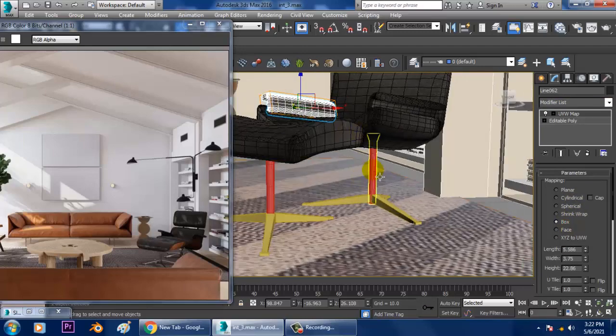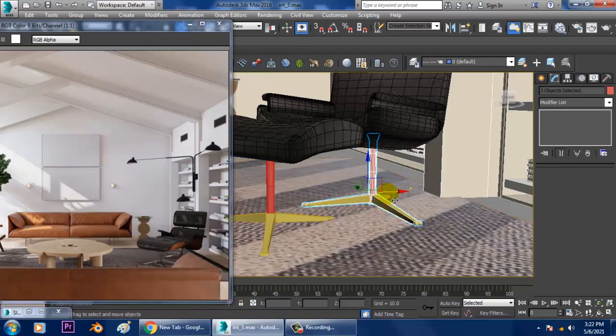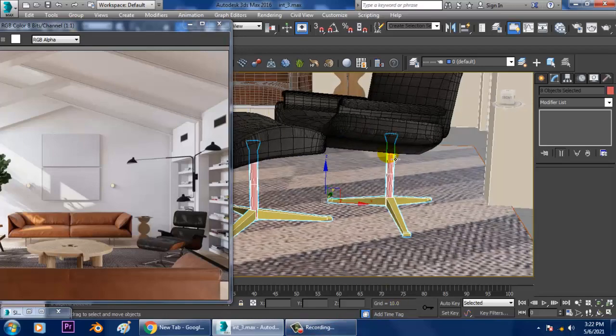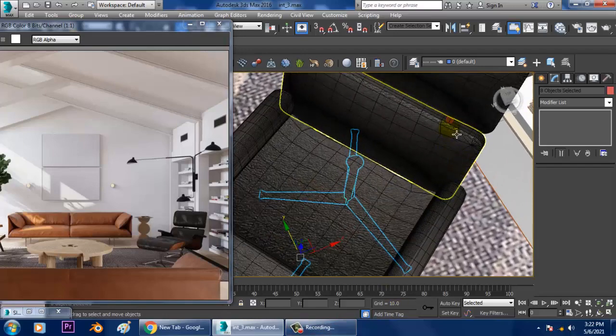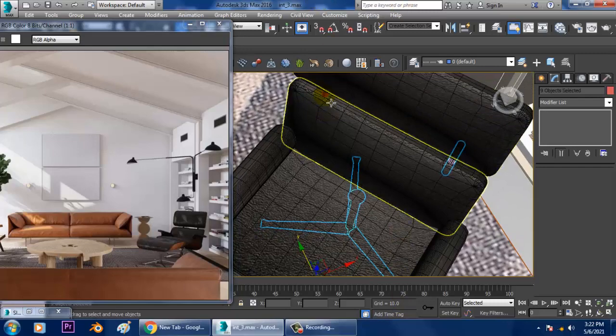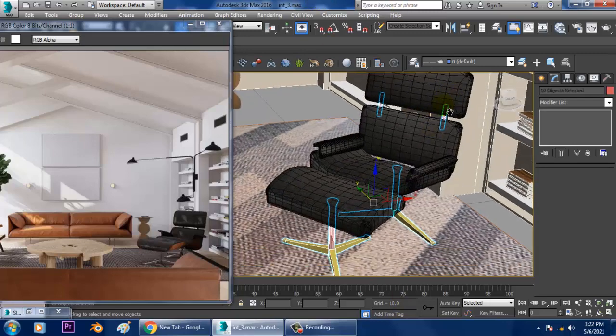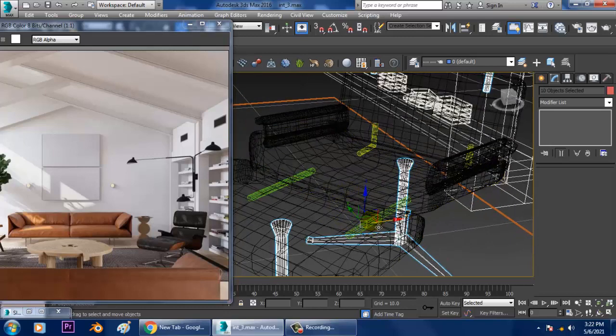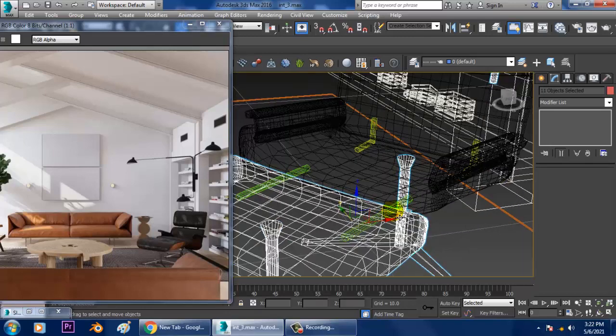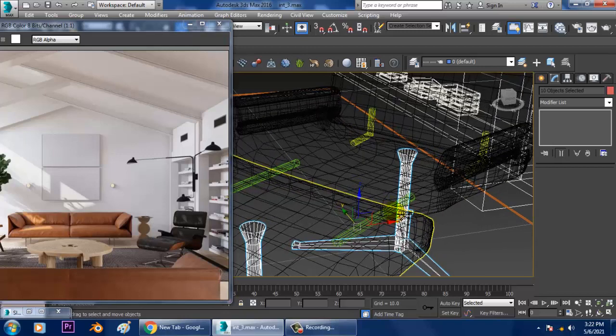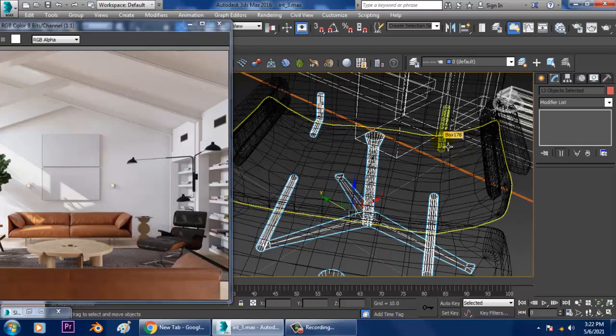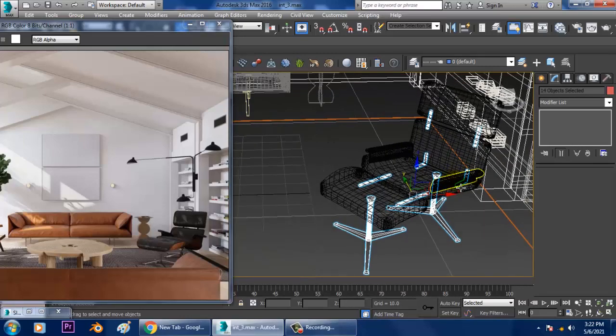After that, let's select this part over here. This should be metallic, so press Ctrl and select this whole part. After you have selected this part, let's again go into the material.